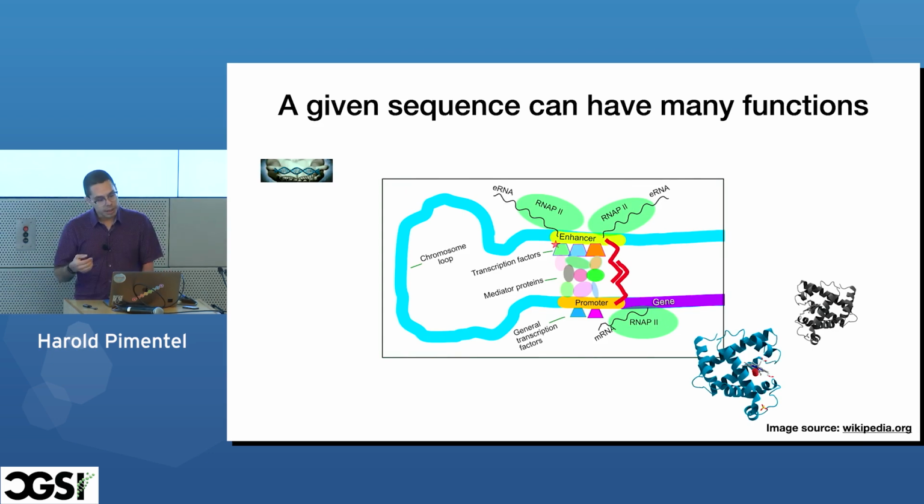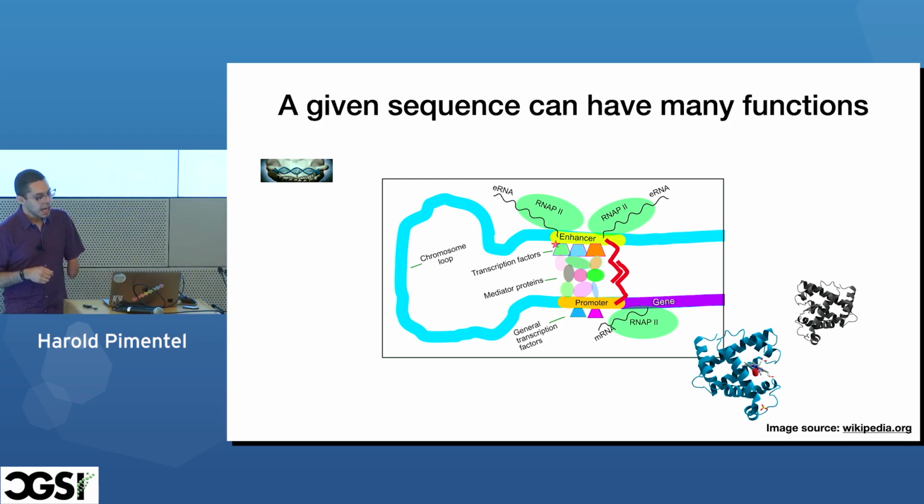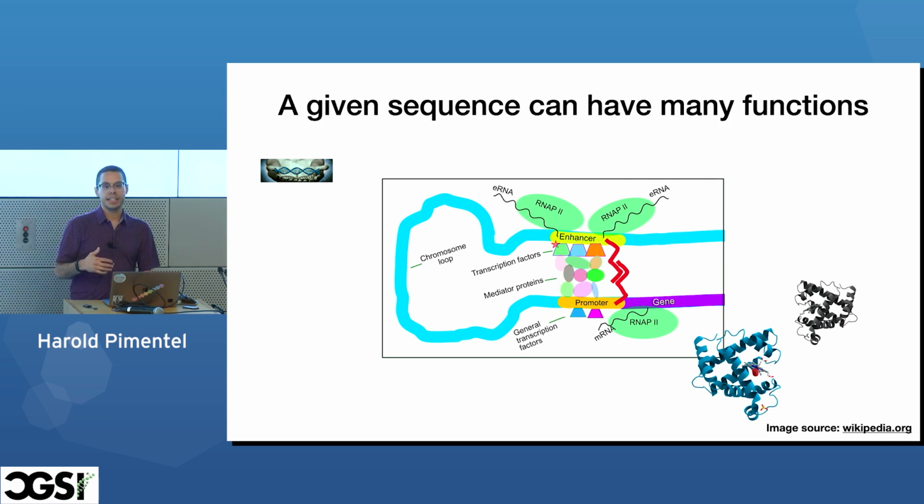And so why am I interested in this? What sort of things do we think about, right? We think a lot about all the different machinery involved. There are lots of different steps involved in gene regulation, and one specific DNA sequence might have many, many different functions, right? And so in order to get at this, at least in some very realistic way, realistic there in scare quotes, you have to do experiments, right? At the end of the day, you have to do experiments. In fact, the weird stuff that comes up in experiments is usually what you actually find interesting, not necessarily what you might be able to predict every single time in every single tissue, right? It's the weird stuff that is interesting, at least to me, right?